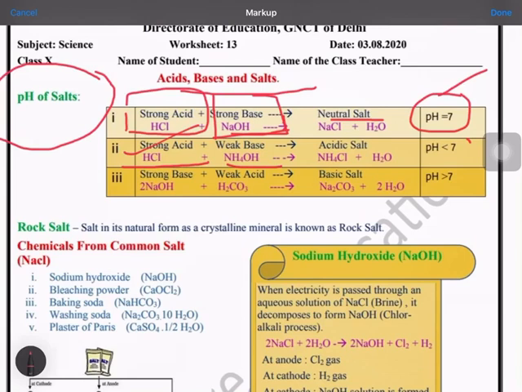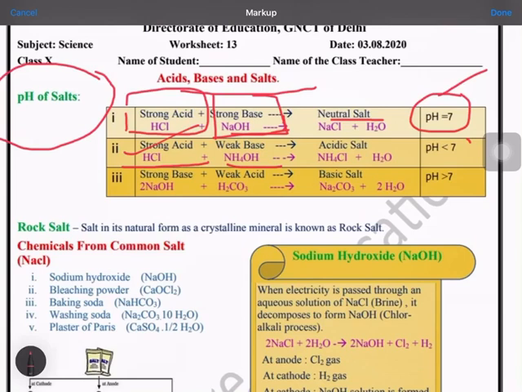That means if we are given ammonium chloride and a litmus paper, and it is asked what color change this particular salt will cause, you have to remember that ammonium chloride is made from strong HCl, so it will change blue litmus to red. So this you have to keep in mind.